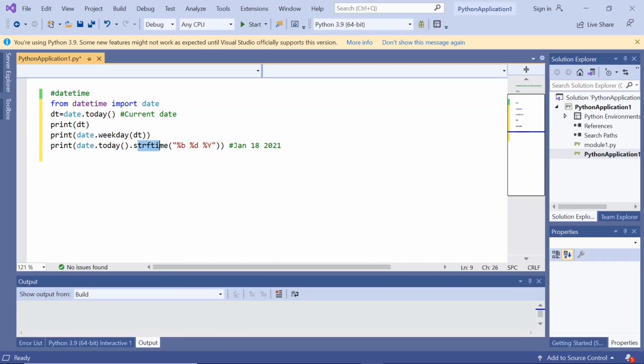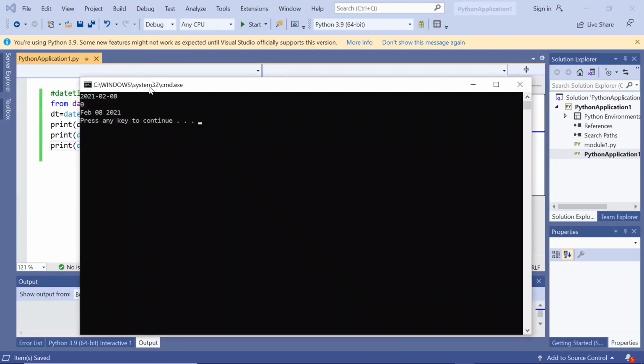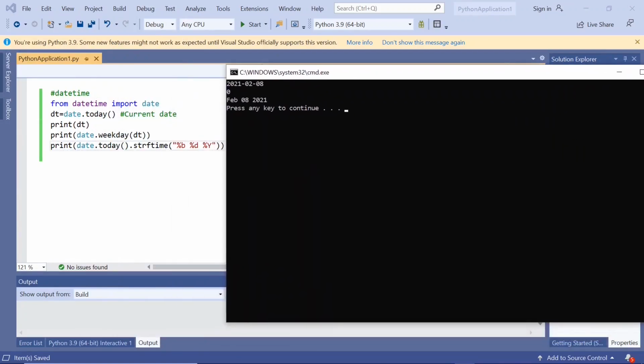And this is for month, day, and year. Let us execute this. So from datetime import date, dt equal to date.today, and we are printing dt. The date is 2021-02-08, and date.weekday of date is showing 0.